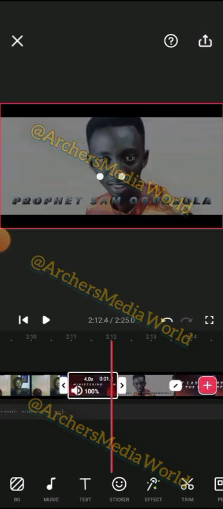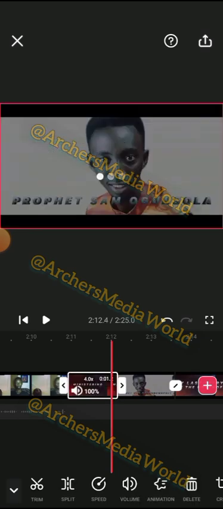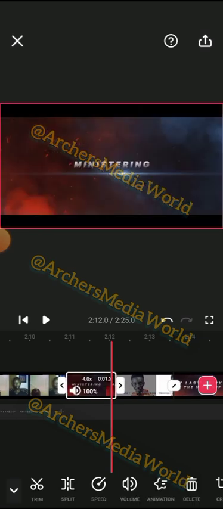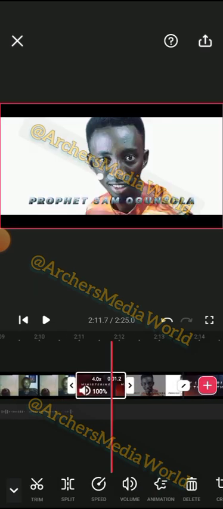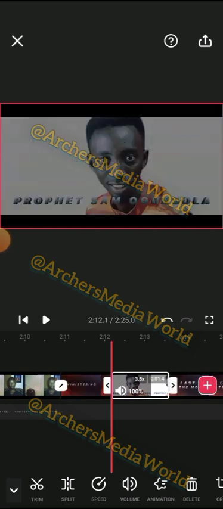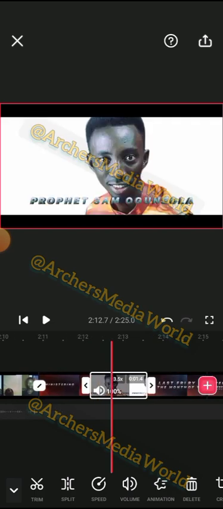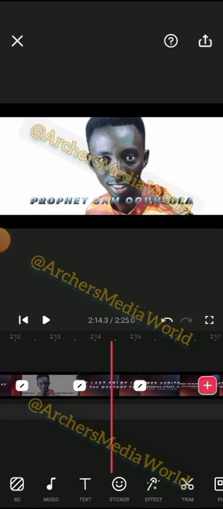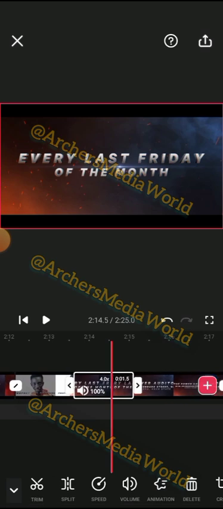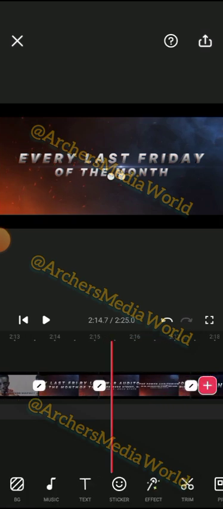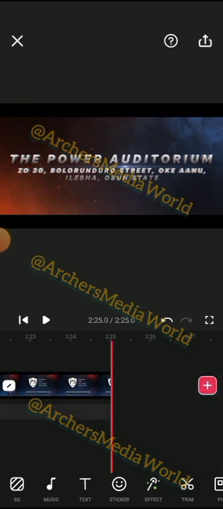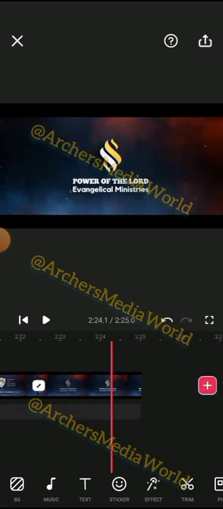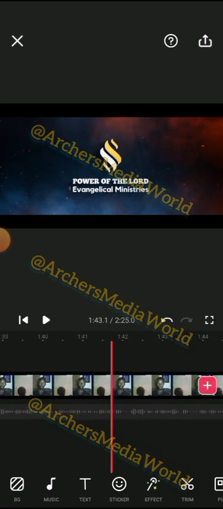Okay. This one does not have a sound. This one does not have a sound. So the speed of this one is 4.0. You can see the speed of this one is 3.5. The speed of this one is 4.0. I increased the speed according to my own discretion. So now with this,